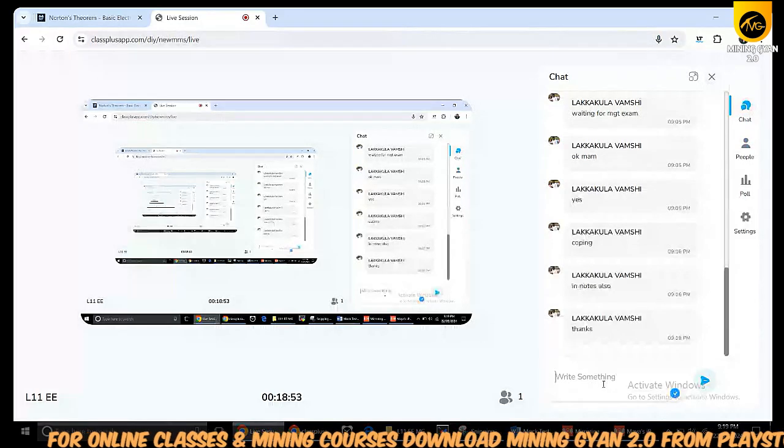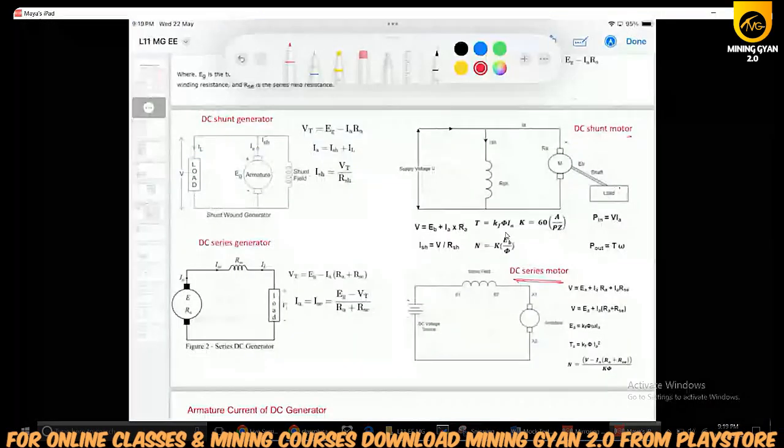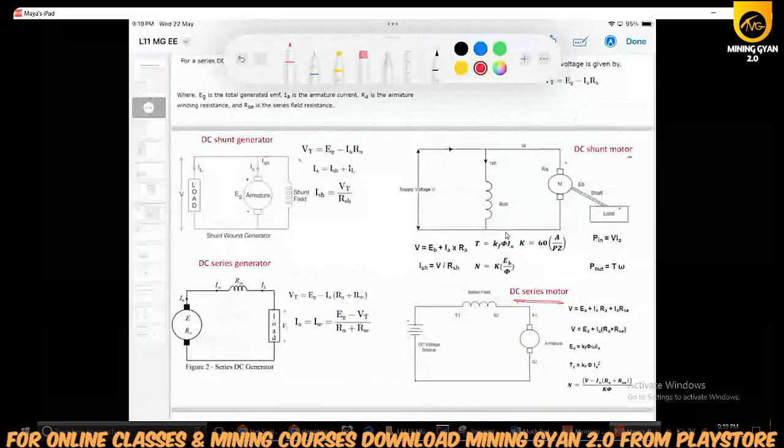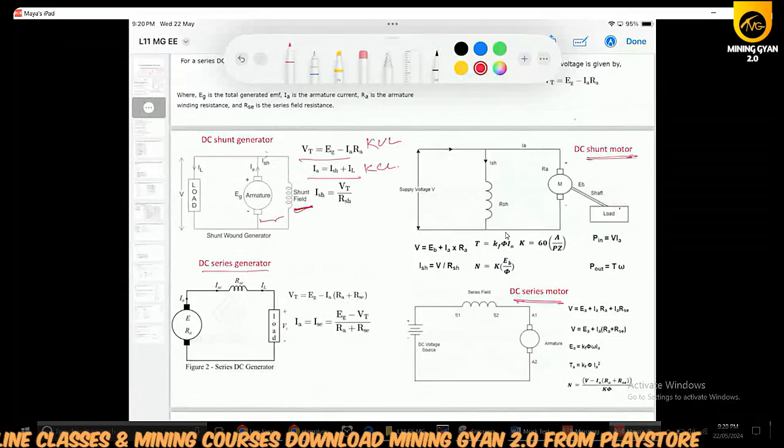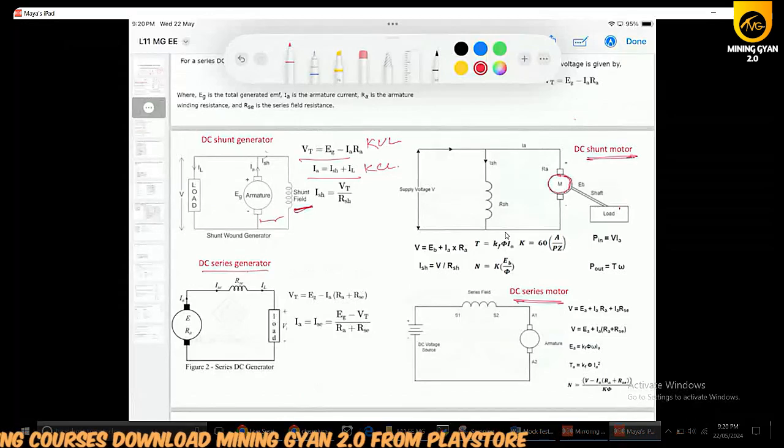Yes, so coming to the next part. I already told you how to calculate the terminal voltage and how to calculate current. Here you have to apply KVL. Here you have to apply KCL. Okay. In case of a shunt generator, the field winding will be in parallel to the armature. But in case of a series generator, whether it is generator or motor, okay, in case of shunt, across the motor, means in the parallel branch, the field winding will be there,